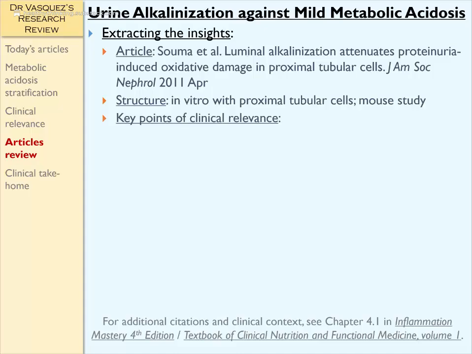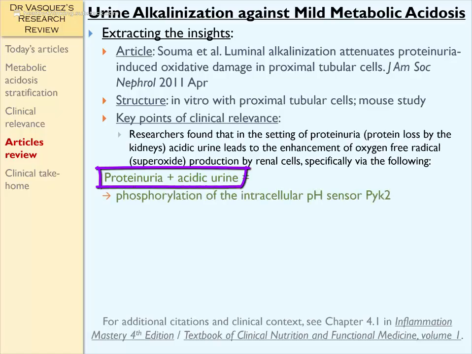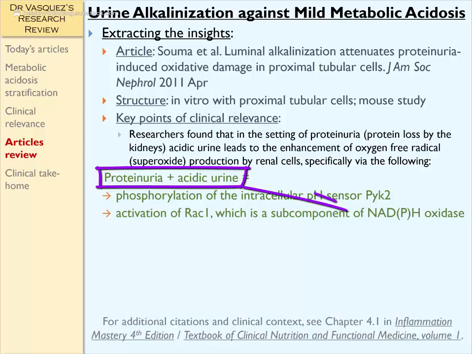Some of the key points of clinical relevance include researchers found that in the setting of proteinuria, and that is protein loss by the kidneys, acidic urine leads to the enhancement of oxygen-free radical production, specifically superoxide free radical, by renal cells, specifically via the following mechanism, and that is proteinuria plus acidic urine leads to phosphorylation of the intracellular pH sensor called PYK2, and this quickly leads to activation of NADPH oxidase, which produces the superoxide free